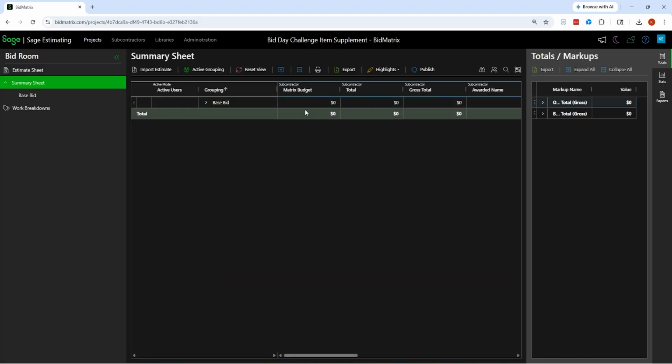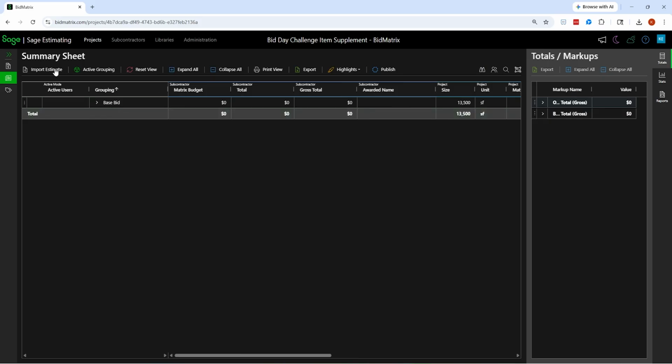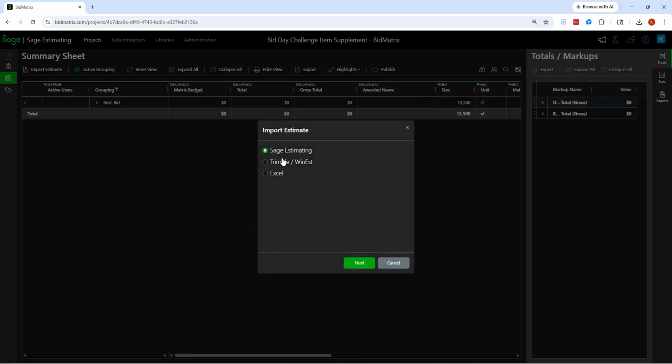So at this point here, I'm in my blank estimate. I want to import the estimate that I've built on the on-premise side so I can get my detail. Now, in my case, I'm going to go to my Sage estimate and bring that over. The same information I'm going to bring over, you could bring over from other products. So it could be from WinEst, or it could be from an Excel spreadsheet. So that means that any estimating system that you have a fair amount of detail that you want to consolidate in some way to compare bids and things of that nature, it could come from anywhere.